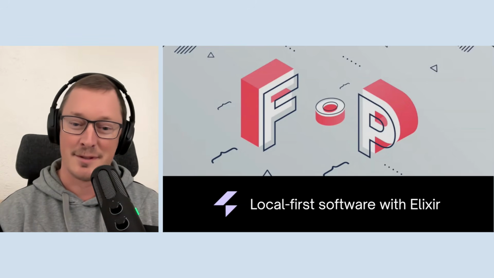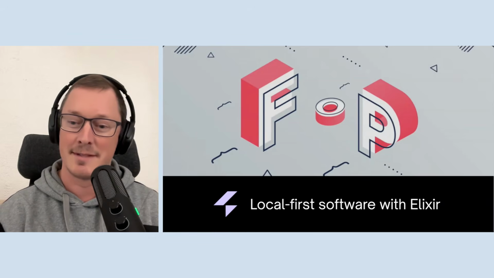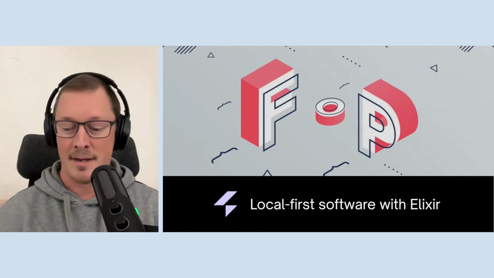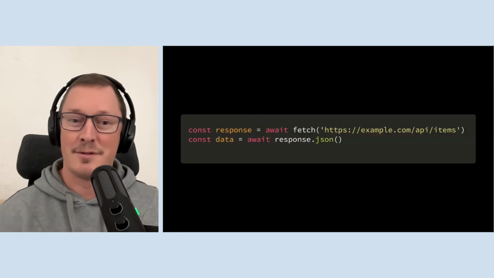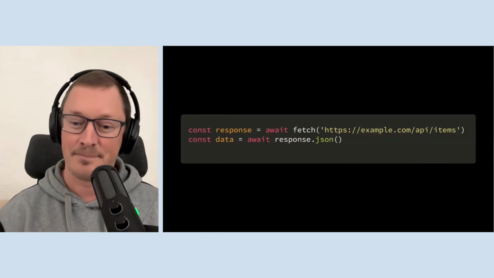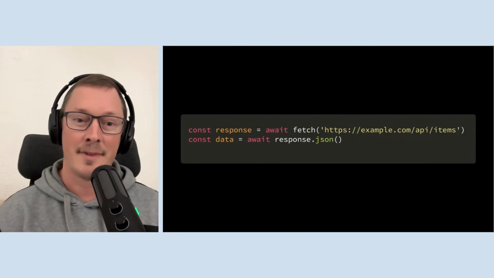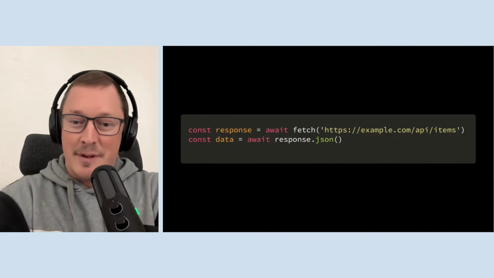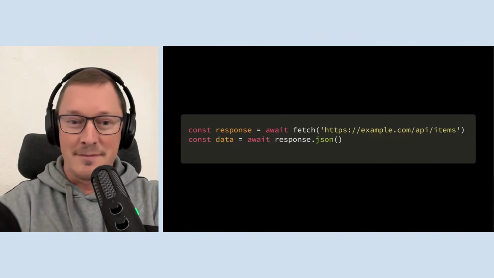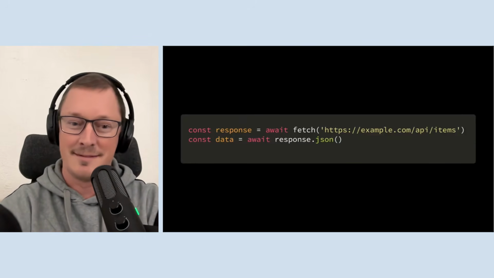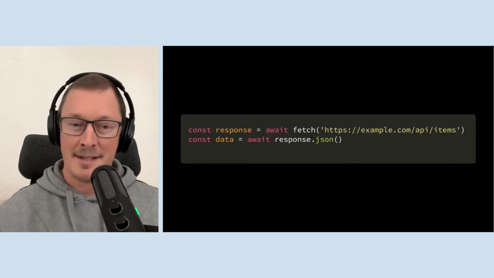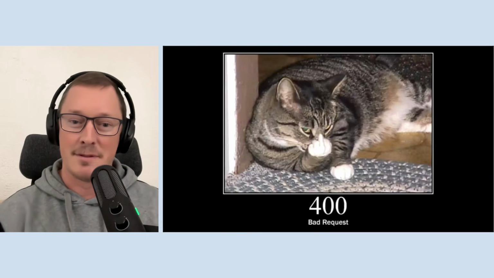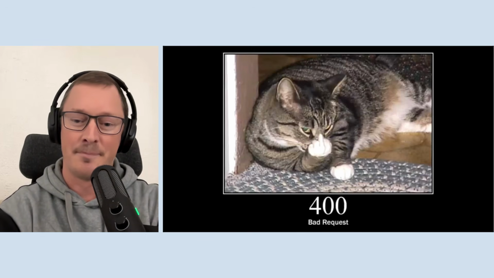How long have developers been building apps on web service APIs? So writing code like this. I think anyone who's done any kind of web development is used to making this type of fetch request. But then, of course, as we all know, you have to handle all of the failure modes that come with it.